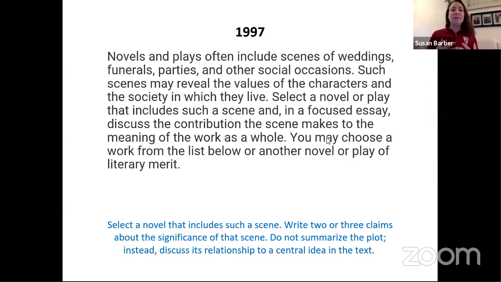Select a novel that includes such a scene. Write 2 or 3 claims about the significance of that scene. Again, we're not wanting to summarize the plot, but instead we want to think about its relationship to the central idea in a text. I already have a couple of novels that immediately come to mind, and I'm just going